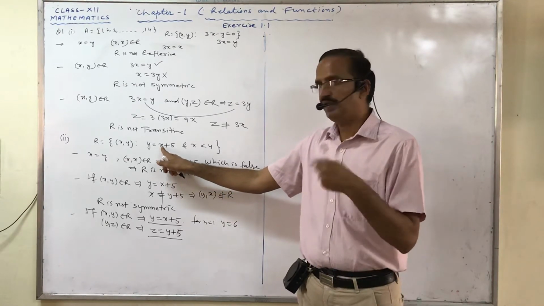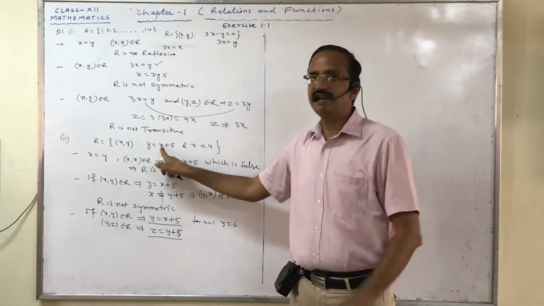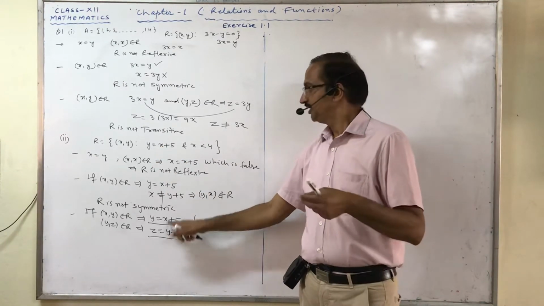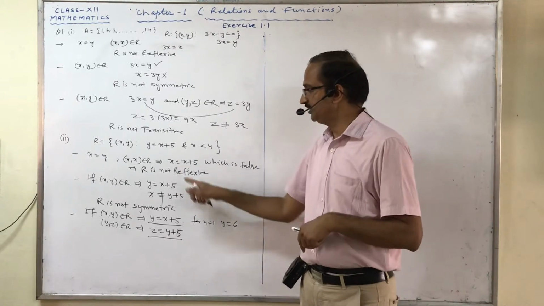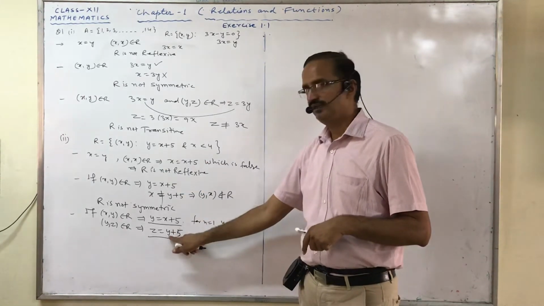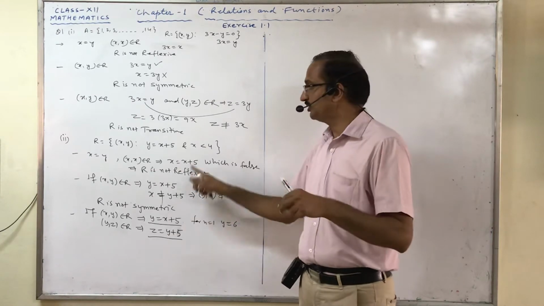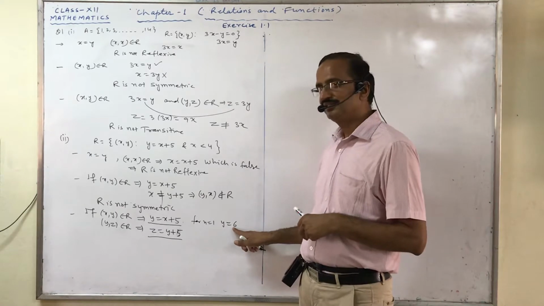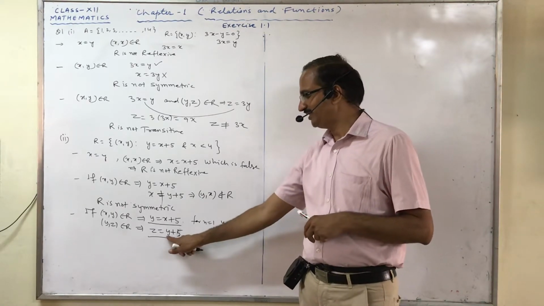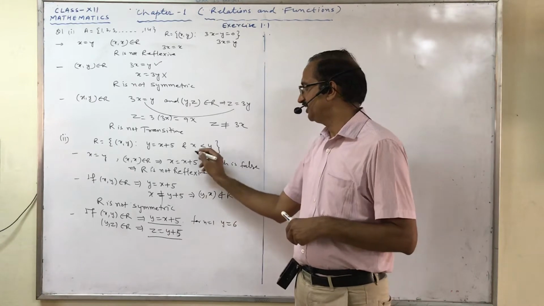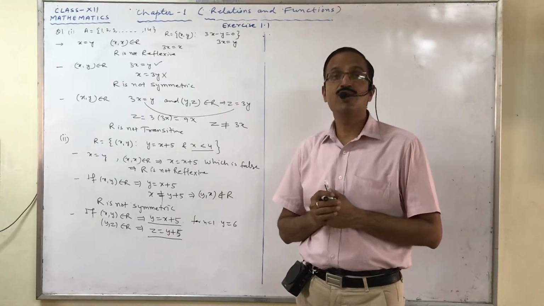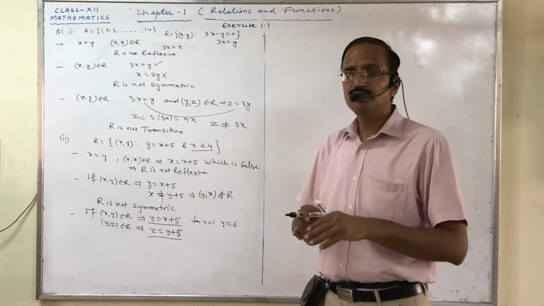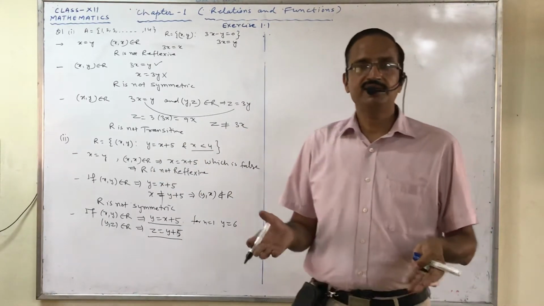So here this x is in the domain side. For the second relation, this y has taken the place of x, means x is replaced by y. It means this y is also less than 4. But here the value of y is 6. So if we are putting the value of y equals 6, it doesn't satisfy this condition. Means not possible. So second relation is not possible. Only first is possible. So by default we can say that it is transitive.